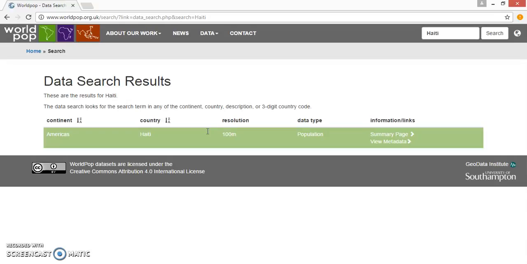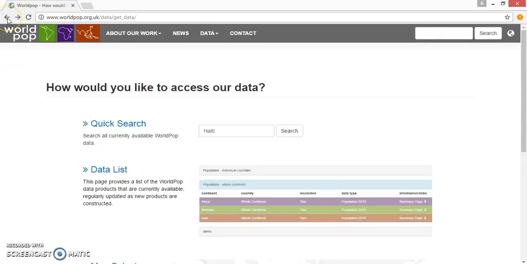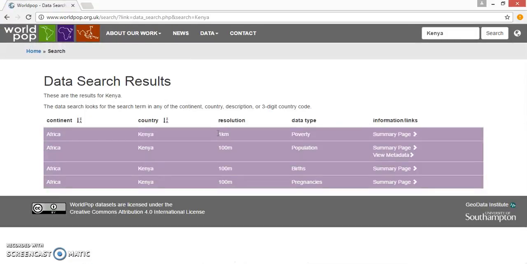So we can see that there's a 100-meter spatial resolution population dataset available for Haiti. Depending on the country of interest, there may be other additional datasets listed here. For example, if we go back and search for Kenya, then we can see, as well as population, there are also births, pregnancies and poverty datasets available. Now going back to the data for Haiti,